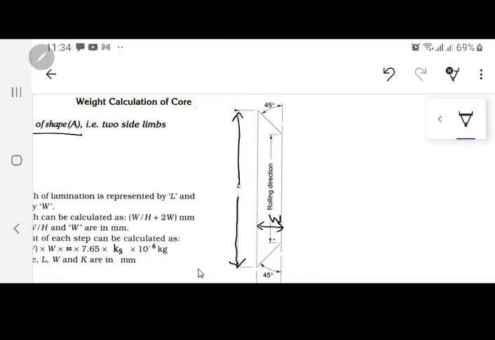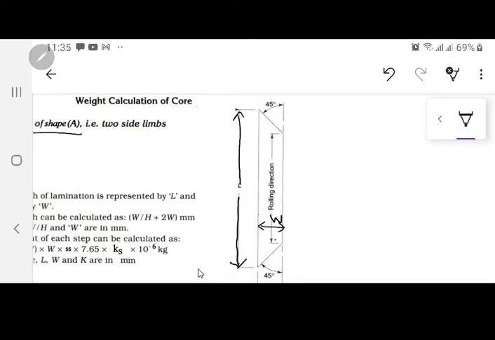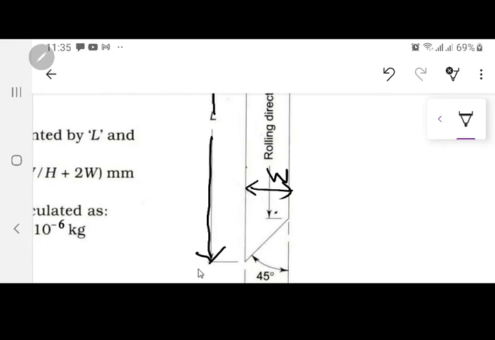Now what is this L? We don't know this L at present. This L will be decreasing as we go towards the last step. So the first step is going to be the maximum, and if you look closely over here, since this is W and this is also cut over here as W, so this triangle which I am shading over here,